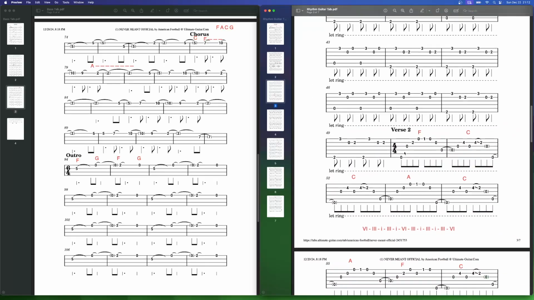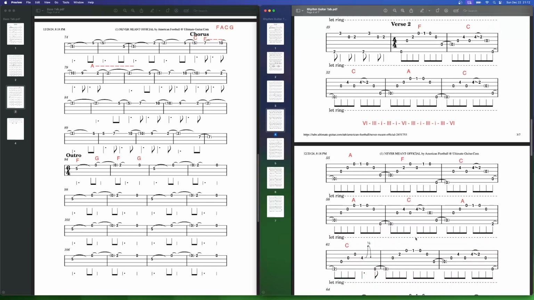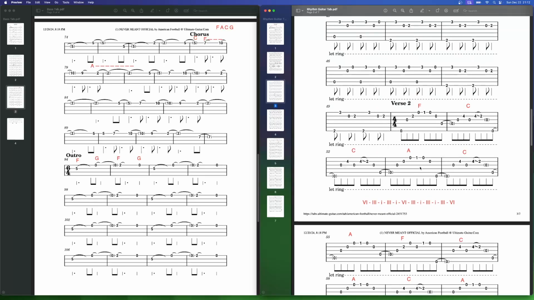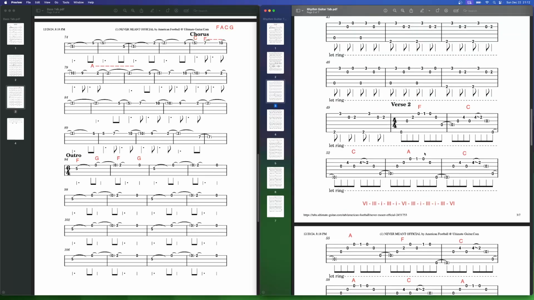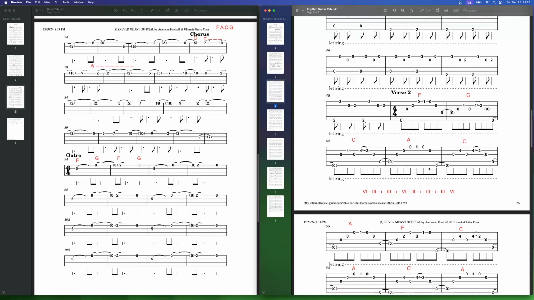So it keeps building, and then finally you get to this verse here, which is this F C A C, A F C A C A thing that's going on with C. But essentially, it's releasing a lot of tension, and it's finally hitting this home chord here with the A minor. So then that would be 6-3-1, 3-1, 6-3, 1-3-1, 3-6, and it goes through. And I think this is like the main